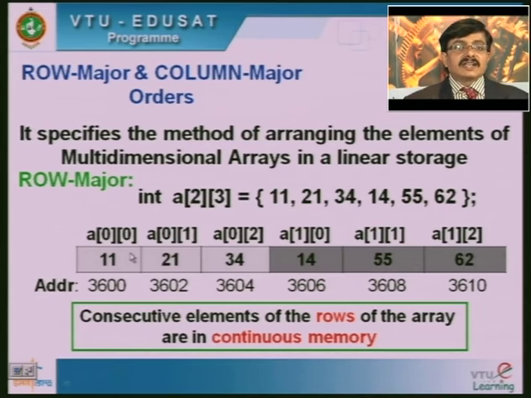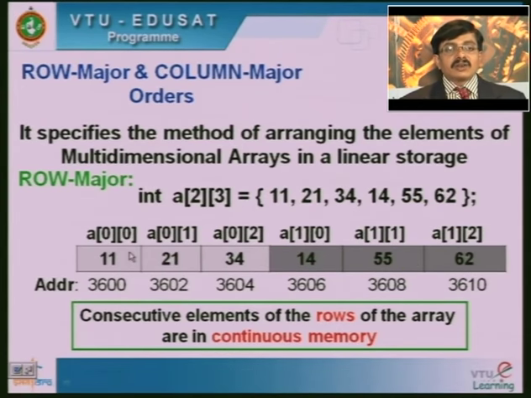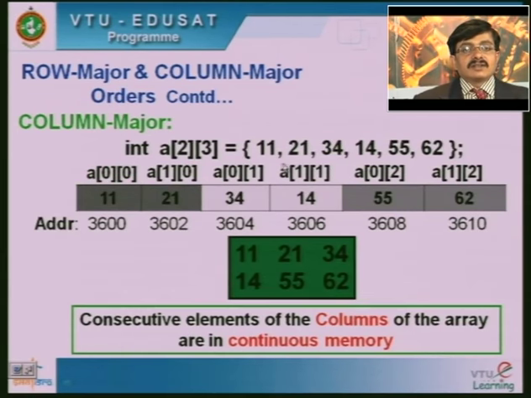Row wise the elements are getting printed there. When the elements are printed row wise, we call this order of printing a row major order. Similarly, we have another type which is called a column major order. Now, in case of column major order, so here we can see, if I am declaring it as